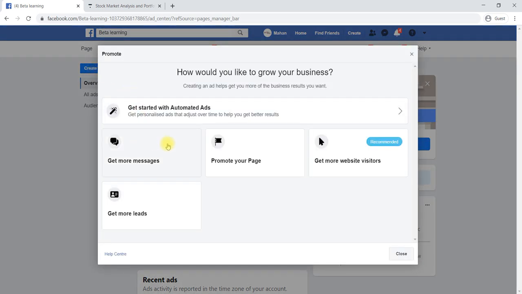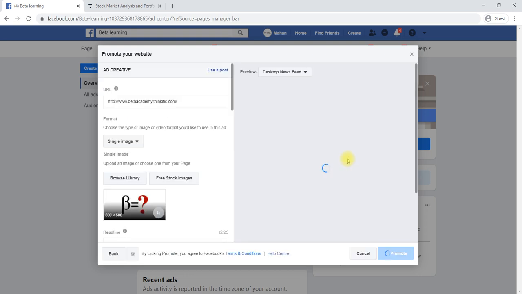Once you start creating an ad, it will ask which type of ad you would like to create. Here, four major types of ads are shown. One is to get more messages for your page, or get more likes, visitors or followers to your page, or promote your website, or get leads. Leads are nothing but contact information you will get; you need to call them back to get them converted. The cheapest ad is to get more website visitors. Within a few rupees you can reach so many audience. So we'll select website visitors.